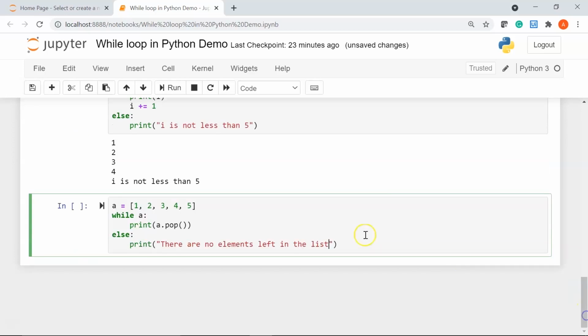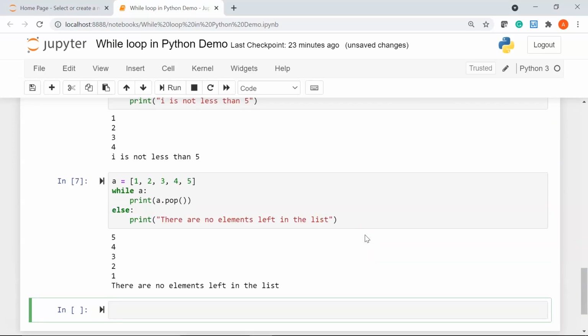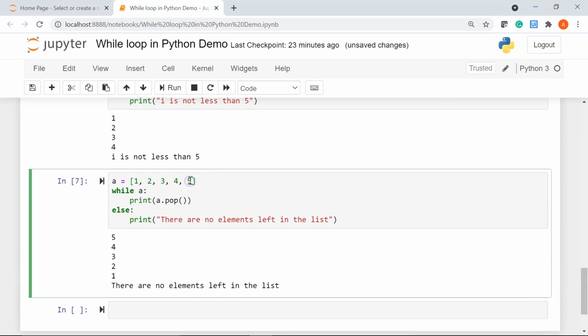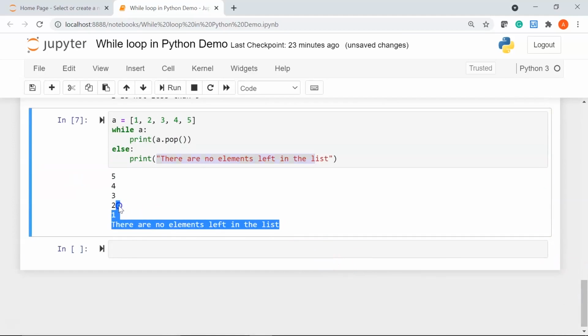Alright, let's run it and see the result. You can see here we are removing the elements one by one from the end of the list. So first we popped out 5, then 4, 3, 2 and 1, and after that we had no more elements left in the list, so we printed there are no elements left in the list. Okay.